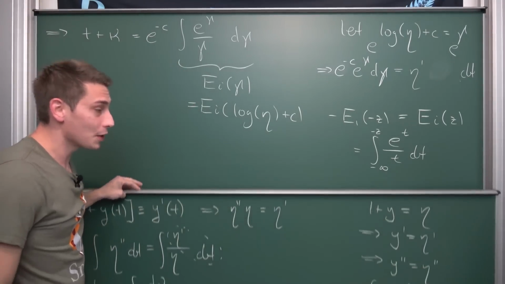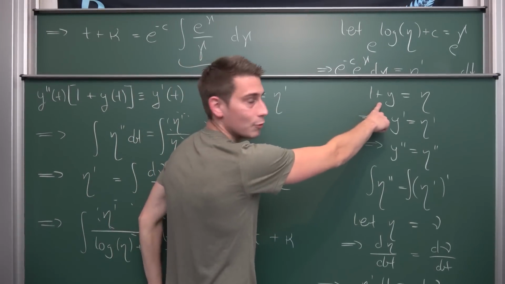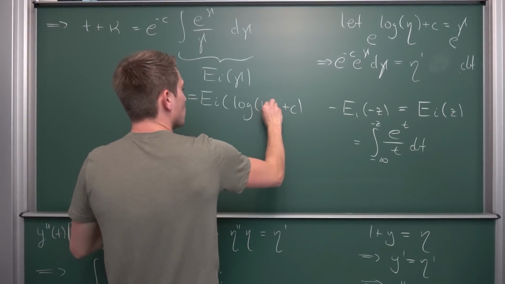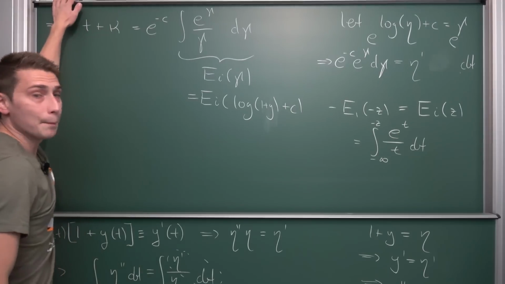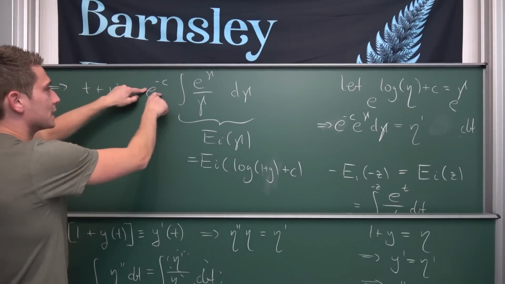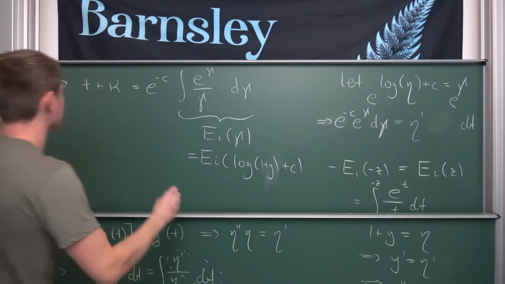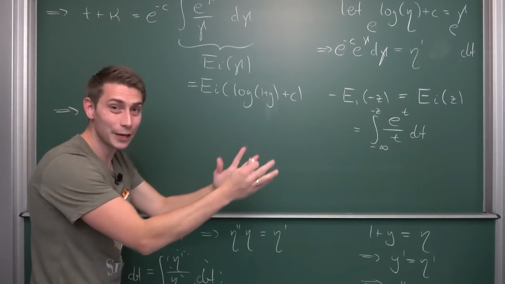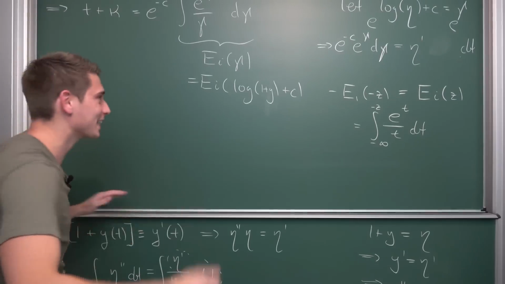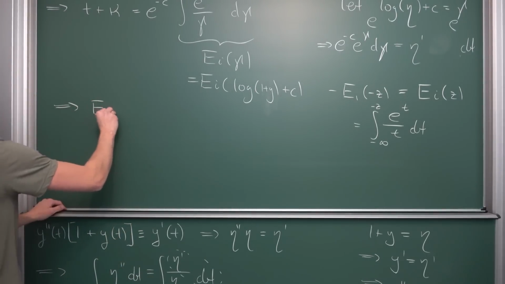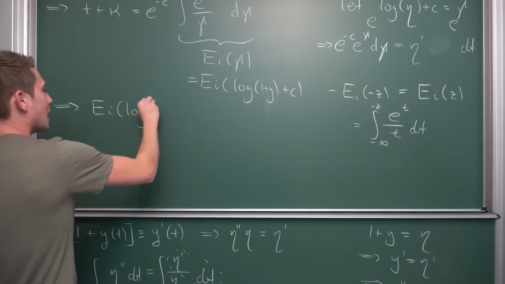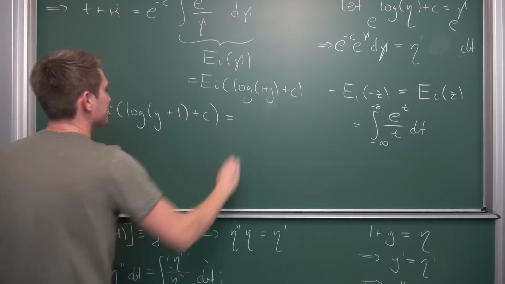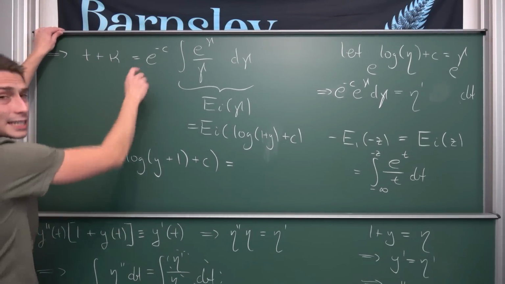And we also know what eta is. Eta at first was 1 plus y. Okay, so this right here is log of 1 plus y plus c. Meaning overall, if we were to multiply both sides by e to the c, it's never equal to 0, we are going to get a final, very weird expression for our y, okay, which is that the exponential integral of log of y plus 1 plus some arbitrary constant c is hence nothing but t times e to the c